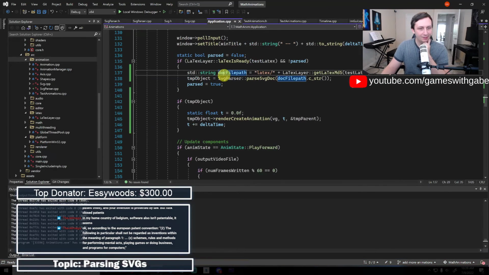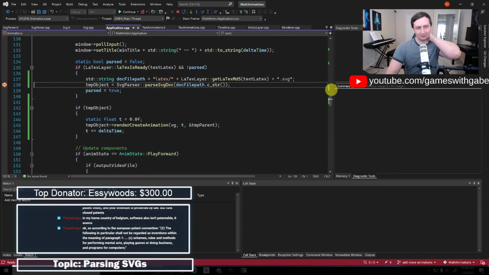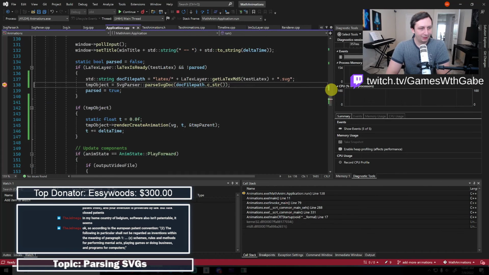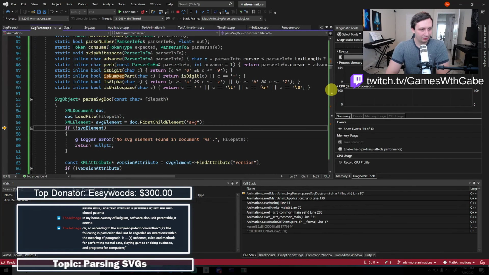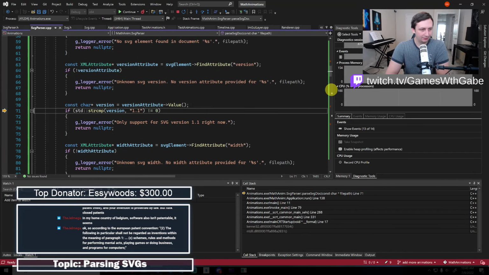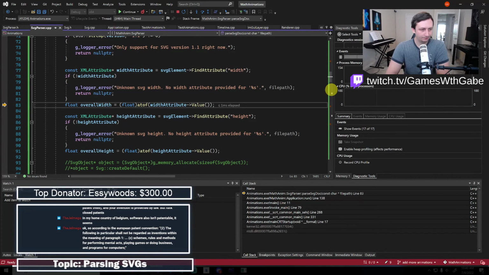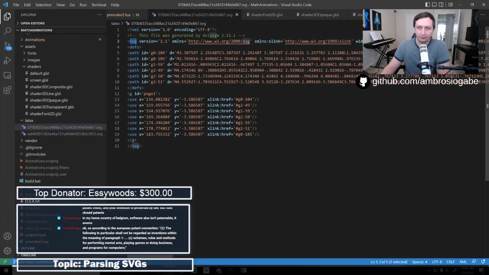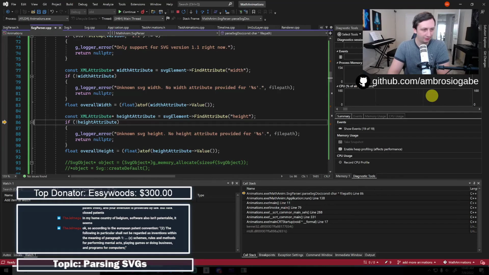Let's see what happens if we go and put a breakpoint here. So if we go into here, let's just kind of explore what happens. We jump into here. We load the file. That succeeds. Cool, all good. We get overall width is 31.54. If we look in here, 31.54, so that's good.